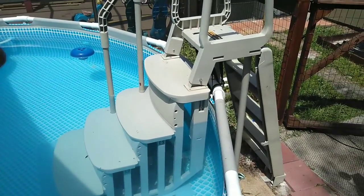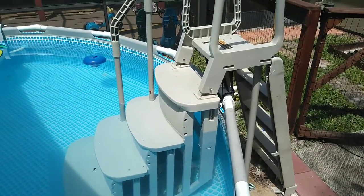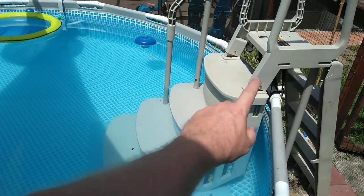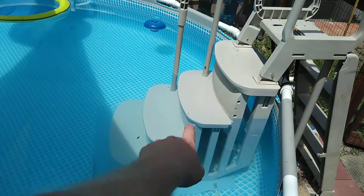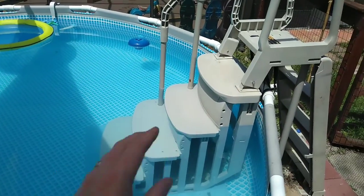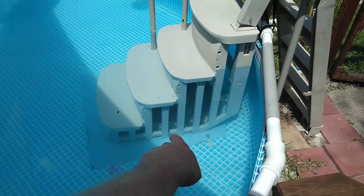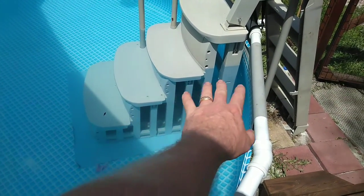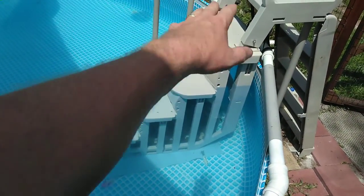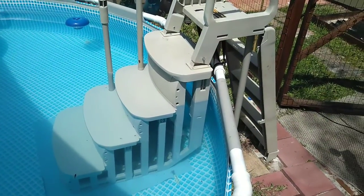So if you're going to buy it and build it, just be forewarned, you need to read the instructions like 6 times before you try and do anything, because there are 2 sets. There's a top set of stairs here and a bottom set of risers, and they are slightly different, but they will connect together until you realize that they are different. Okay, so just forewarning there. You can see where the little split here, right there, is, there's a front section and a back section. That's where I had the issues, getting the front and back sections with the top and the bottoms mixed up, because their instructions were really bad. But other than that,